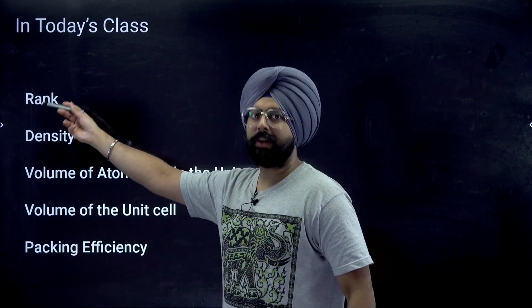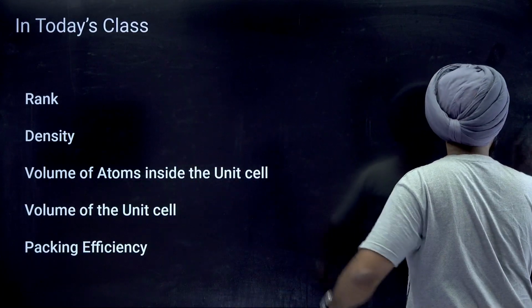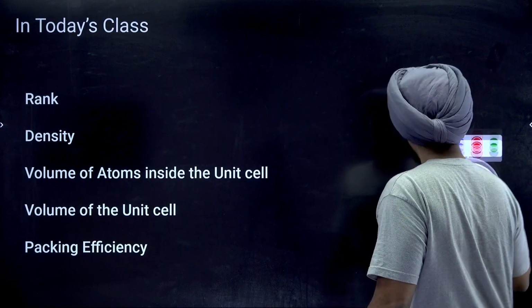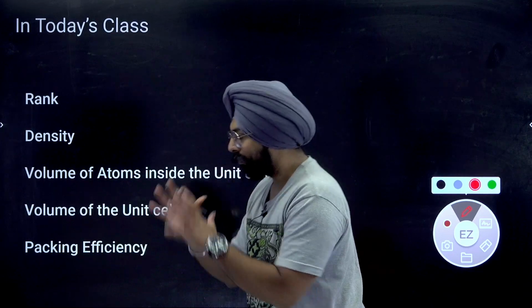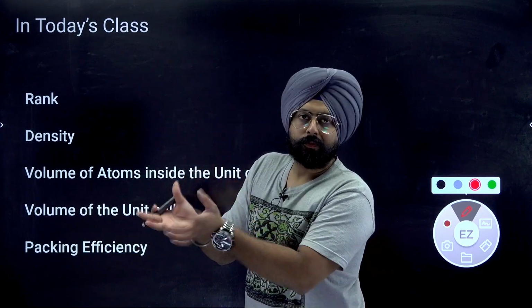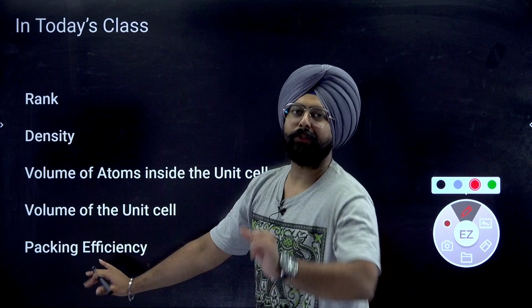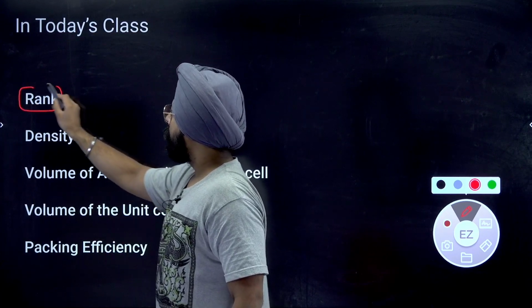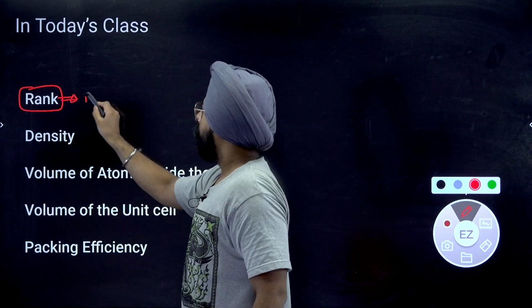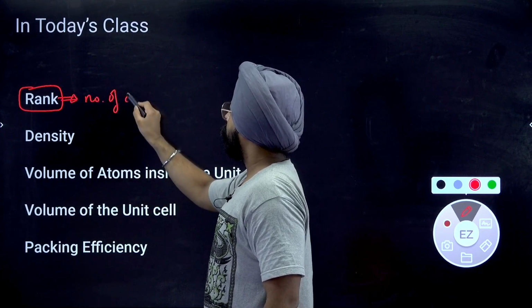Rank. What is rank? Okay, so let's start understanding these terminologies and then we will take these terminologies to individual types of unit cells and we'll figure out what they are for every type of unit cell. Okay, so what do we mean by rank? Rank basically means the number of atoms